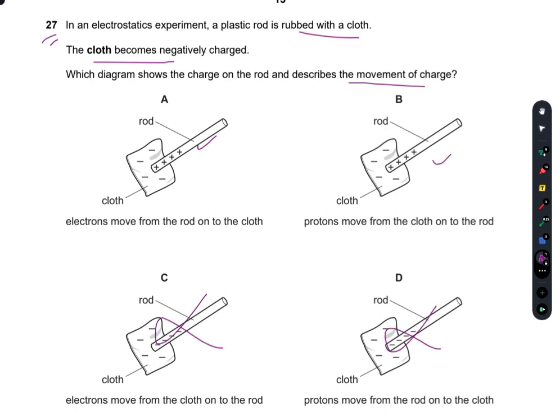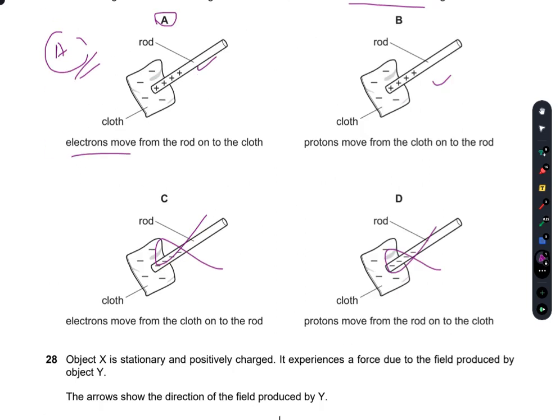Now, for the movement of the charge, I know that protons never move. Positive charges never move actually. It is the electrons which always move. The old concepts of conventional current have now been, you can say, falsified. So A is the right option. Only the electron moves. So A is the right option.